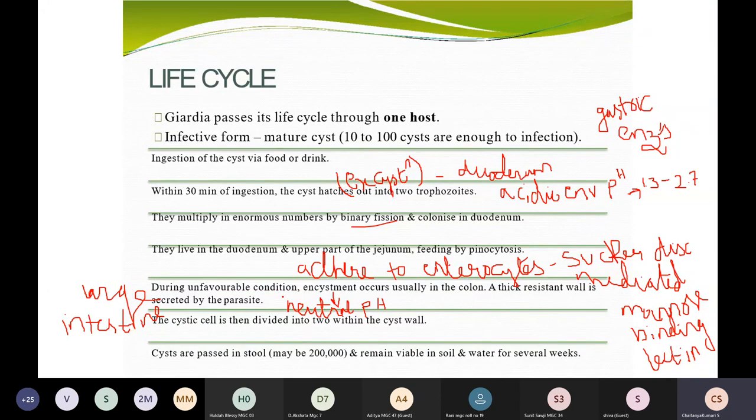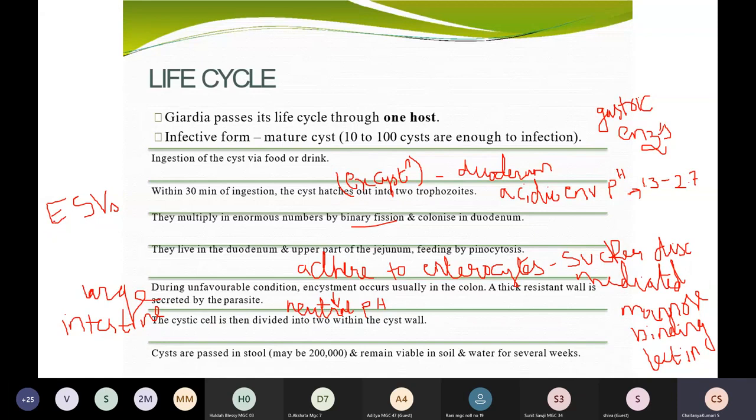But how does it know? Anyway, neutral pH will favor the encystation process, but how does the trophozoite know that it has to be converted into cyst form? In the syllabus it is clearly mentioned, during unfavorable conditions. Apart from that, there are specific secretory vesicles, which are called ESVs, capital letters, with a small s. Encystation specific secretory vesicles. Write the full form, everyone.